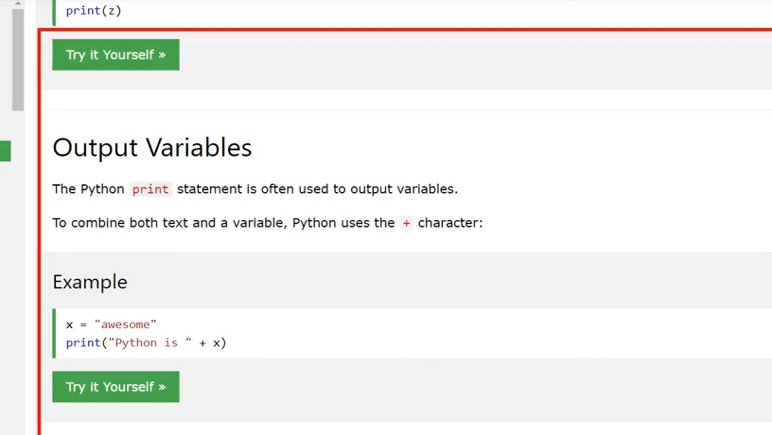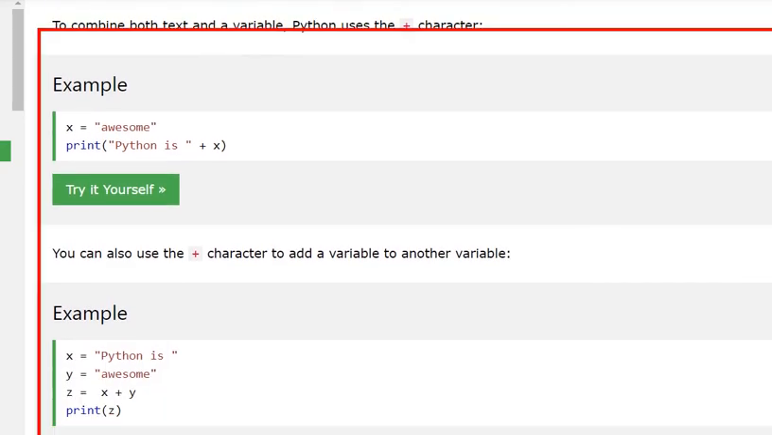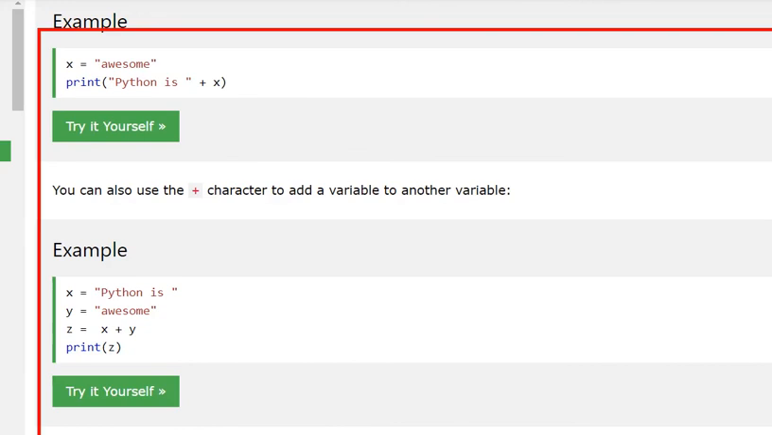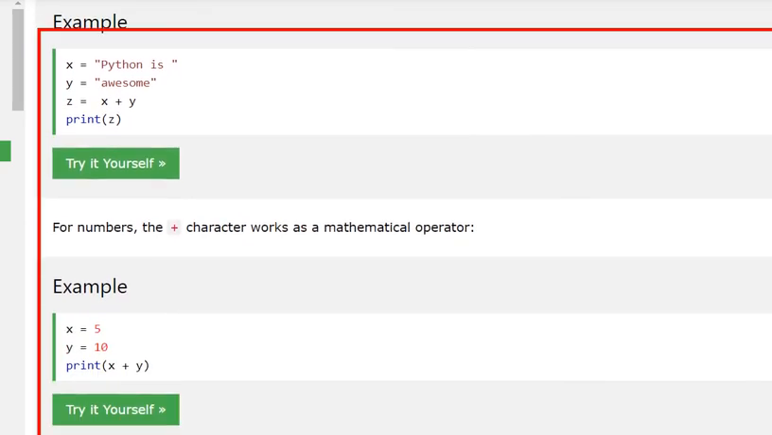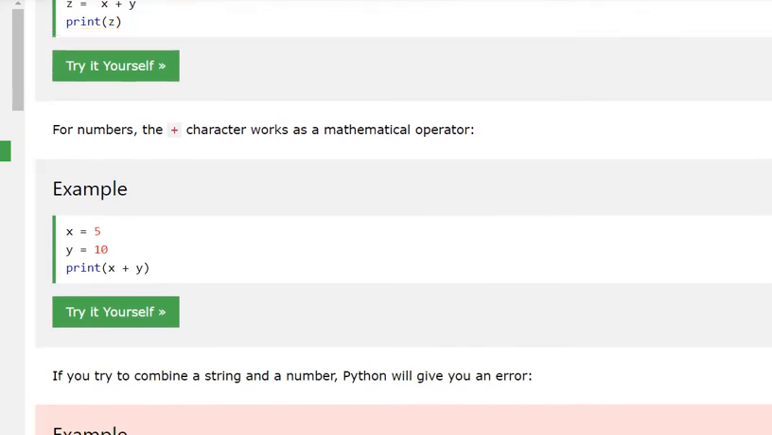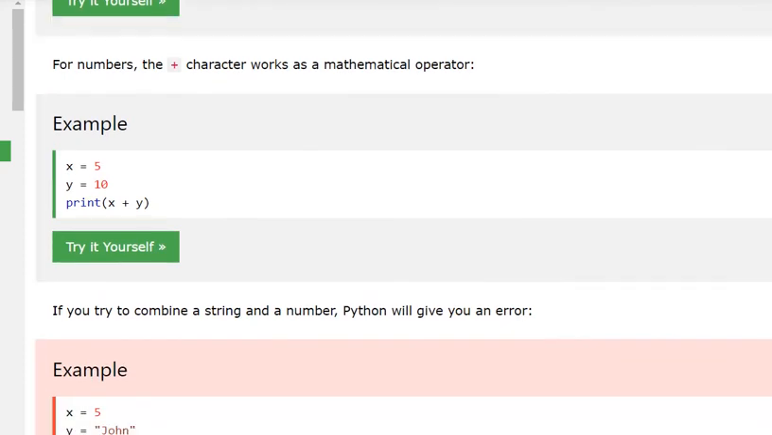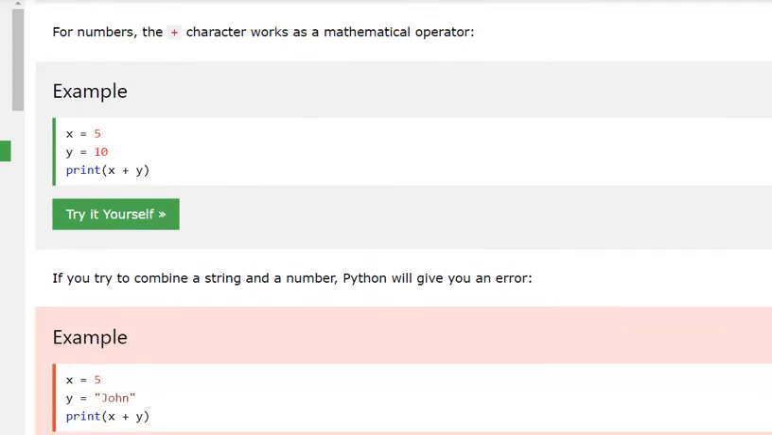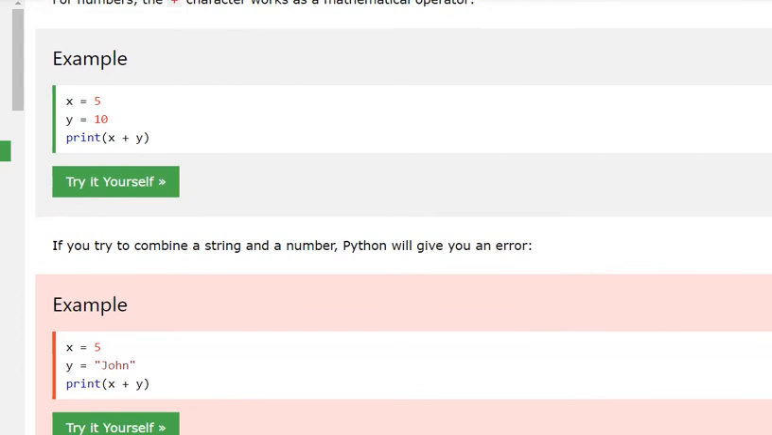You can also use the plus character to add a variable to another variable. Suppose you want to add one variable to another variable, x plus y, x has some 10 and y has some 10. If you want to add x plus y, then you can do it the same way as well. Also, if x has some number and y has some number, you can do x plus y as an output variable. If you do print,